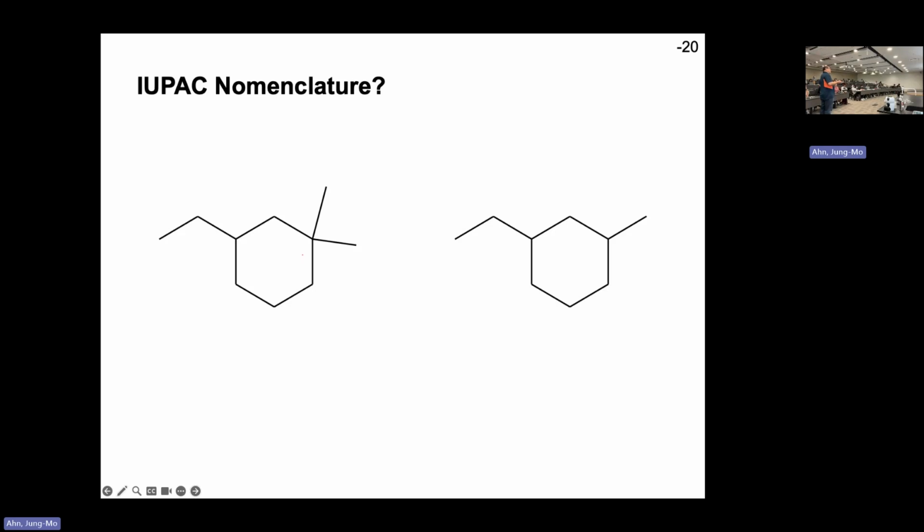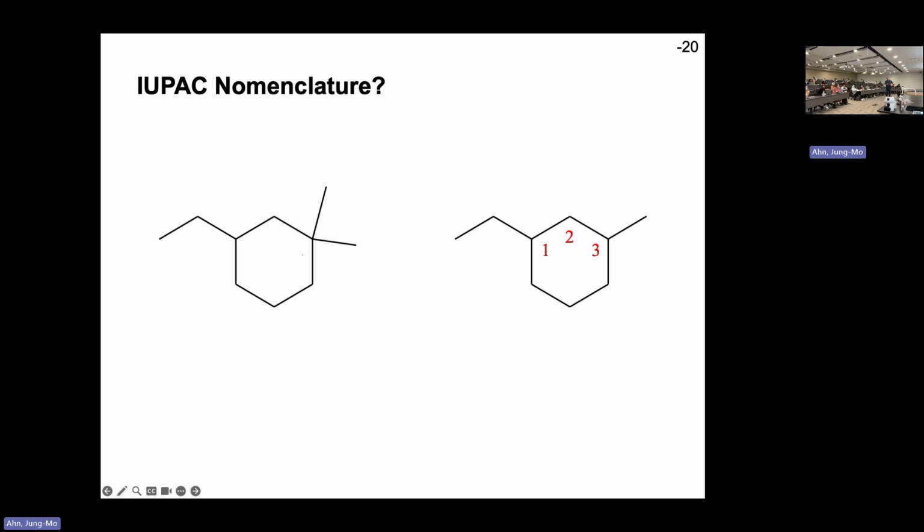What would be the name of this molecule? Obviously, the cyclohexane is the biggest part, so we're going to take cyclohexane as the main chain. It has two substituents, one here, a methyl group, and the other there, an ethyl group. As for numbering the carbons of the cyclohexane, we can do it this way or we can do the